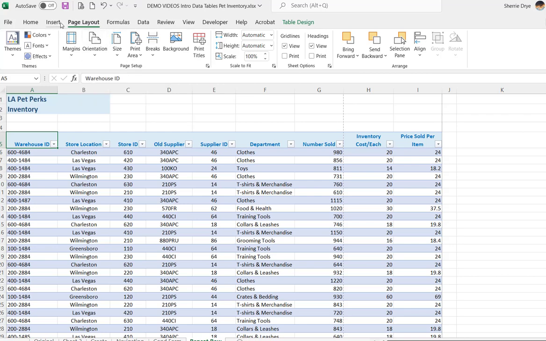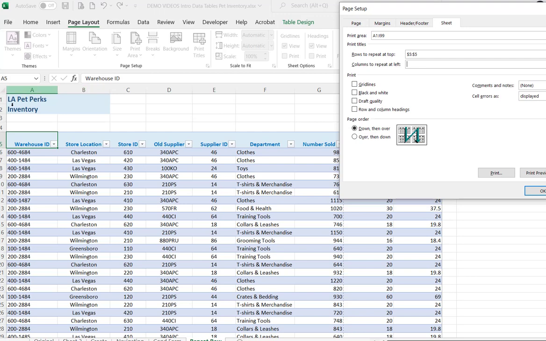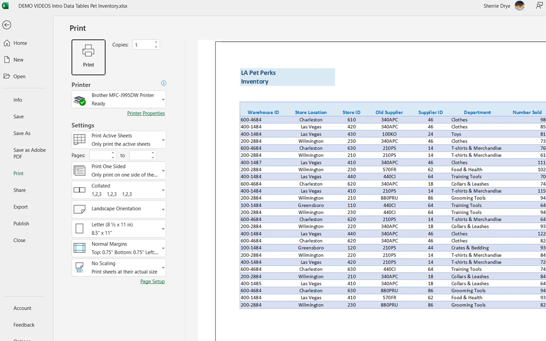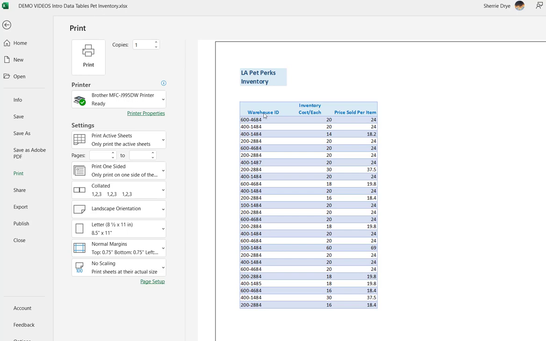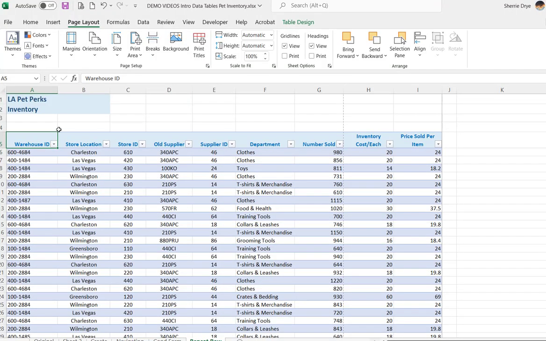So in this case, we'll go back to Page Layout and Print Titles, and we're going to repeat column A on the left side. So we're going to click here and select column A from the top. We're going to go back to Print Preview, and so now we have the column headings at the top and the warehouse ID with the inventory cost of each and the price sold per item. Now that doesn't really make a lot of sense to have the warehouse ID with the cost and the price sold per item. What we might want to do instead